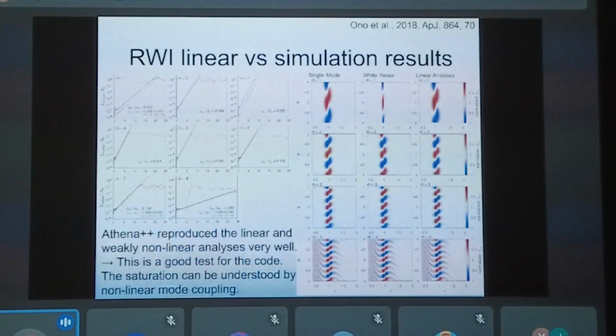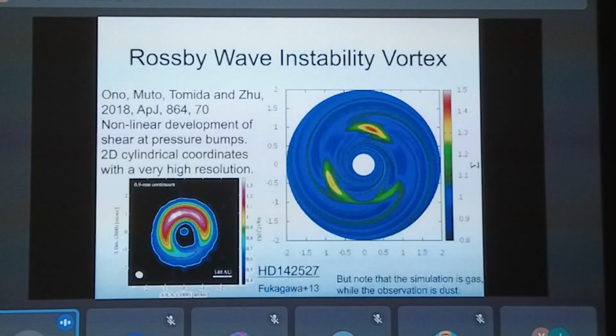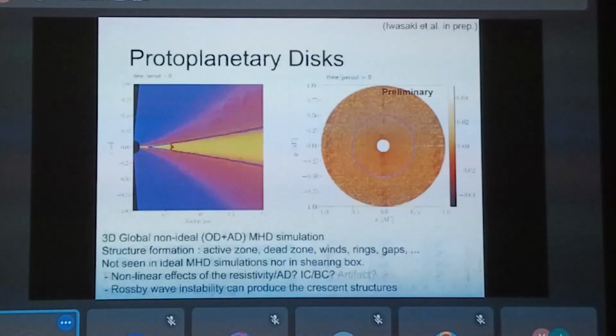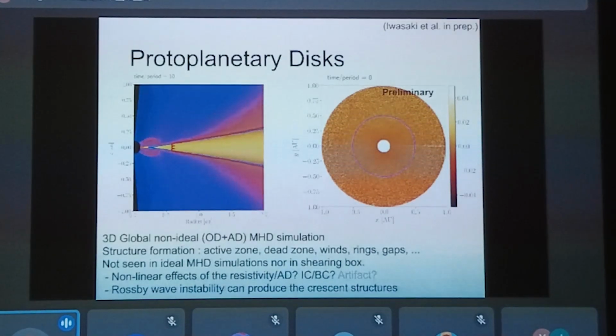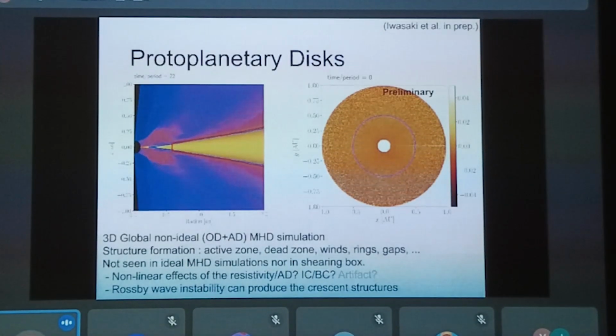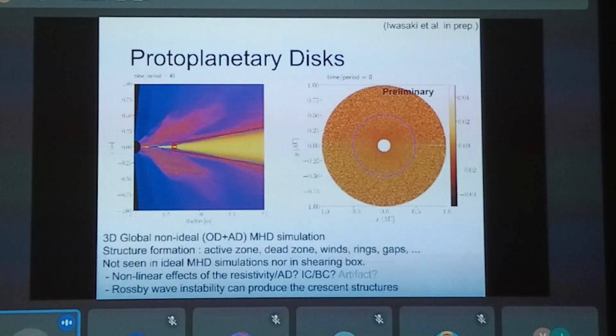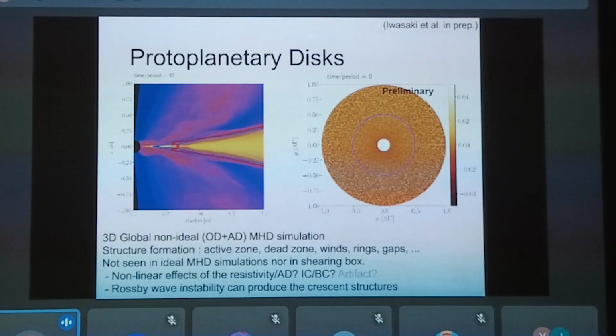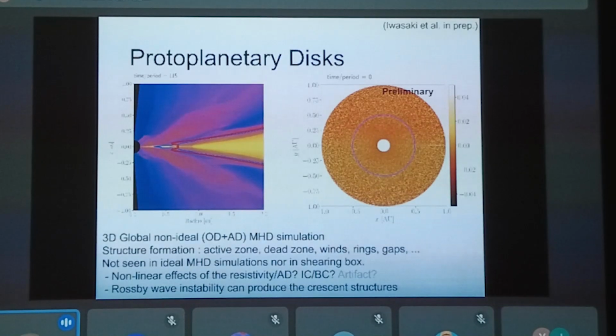Let me skip this. This is a protoplanetary disk simulation. The vortex is produced by Rossby instability, but let me skip it. So the last thing is a protoplanetary disk. I am interested in star formation, but to understand star formation, we want to understand how the gas accretes through the protoplanetary disk onto the protostar, and also what the initial and boundary conditions are for planet formation. So we are running at a very high resolution